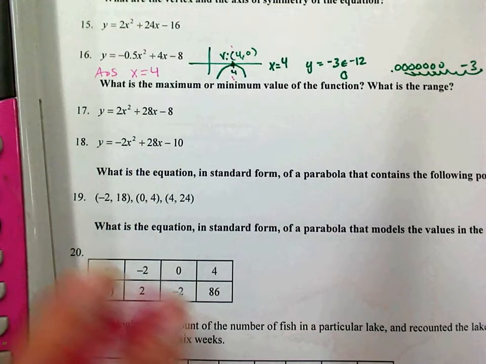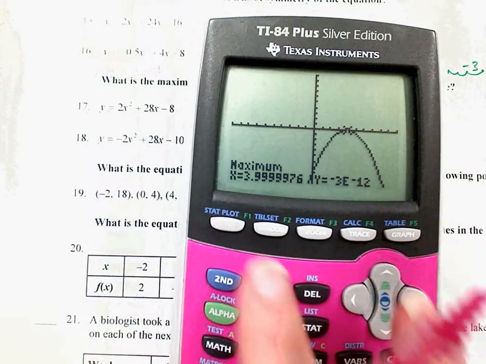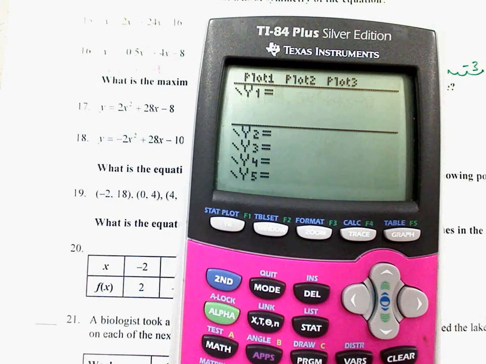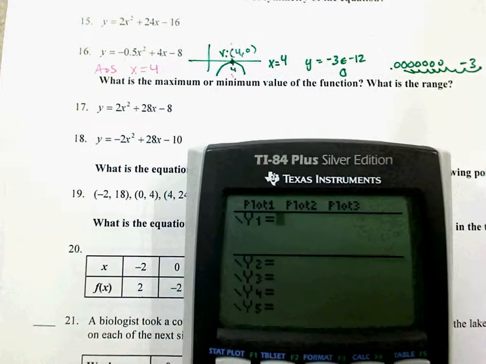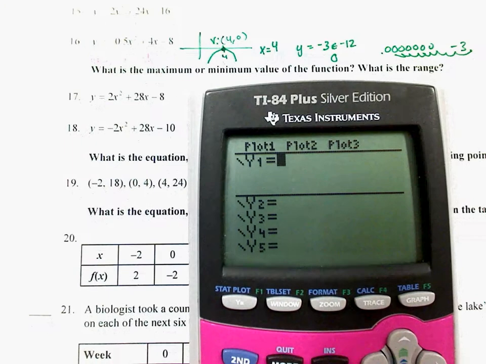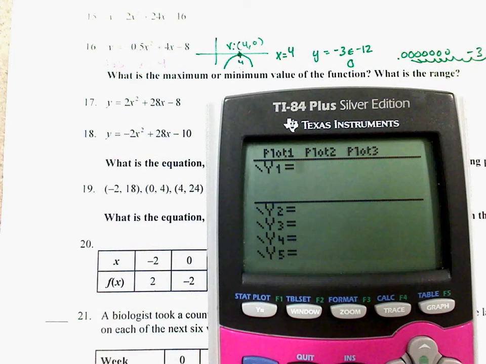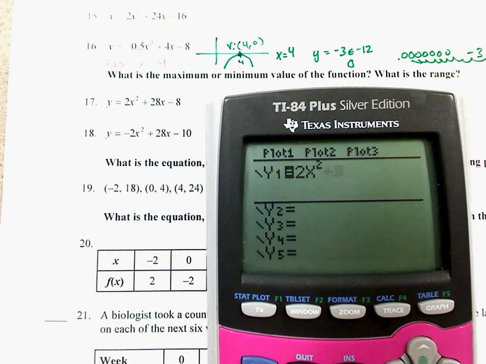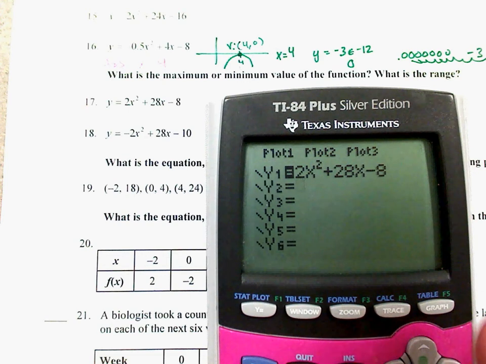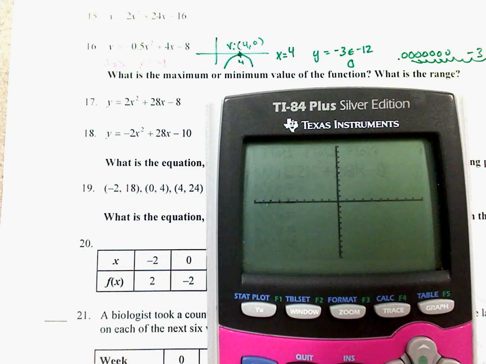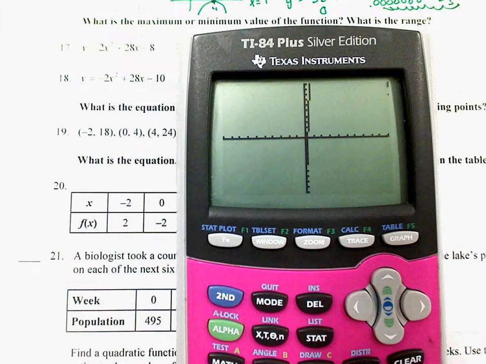2x squared plus 28x minus 8. I'm already on the Zoom 6 window, so I'm just going to graph it and see what I get. If I don't get anything, then I'll go from there. Okay, here's what I know. I know that this is